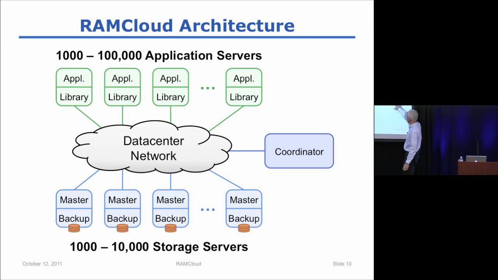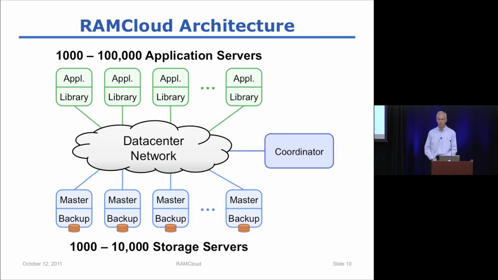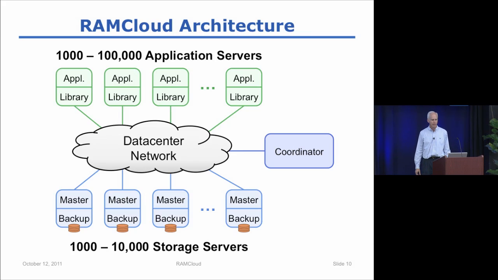And then finally, there's one special machine called the coordinator, which manages the configuration of the cluster and also handles things like directing recoveries when machines fail, and so on. Individual requests would not normally pass through the coordinator. When an application first starts up, it would request configuration information from the coordinator telling it where various tables are located, and then would access the servers directly without going through the coordinator. If for some reason the configuration changes and some of that cached information turns out to be invalid, then the client library goes back and refreshes the cache from the coordinator.